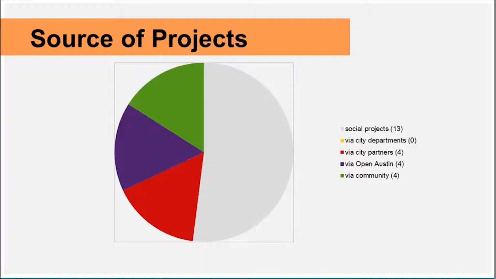We did a lot of meetings and interaction with city departments trying to generate project ideas for the event. After all, in a city like Austin, the data and the needs are down in those departments. And so we went out to them and tried to advocate the ideas for the hacking and bring data, bring projects to the event. It'll be awesome. And as you can see, the result of that was really 0 projects coming in from that avenue, which had us a little flummoxed because that was, up until that point, our main effort and our kind of focus for trying to get projects to the event.